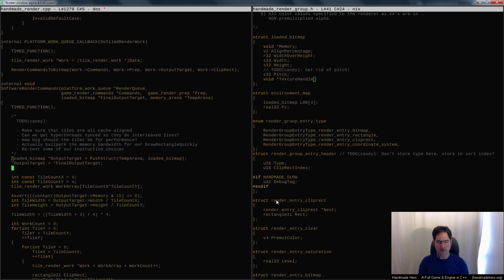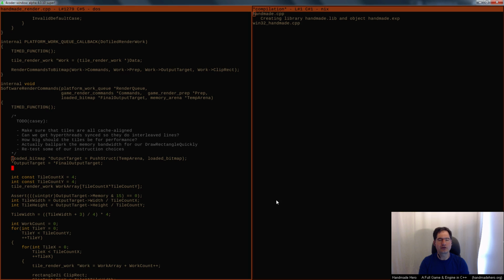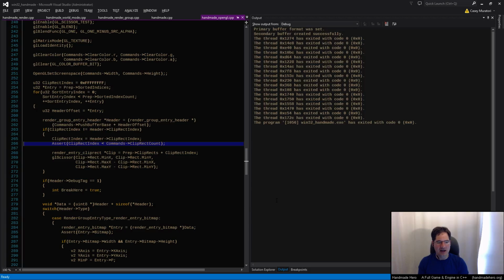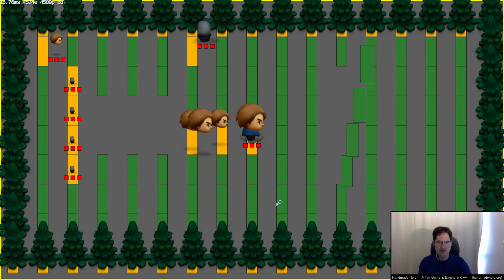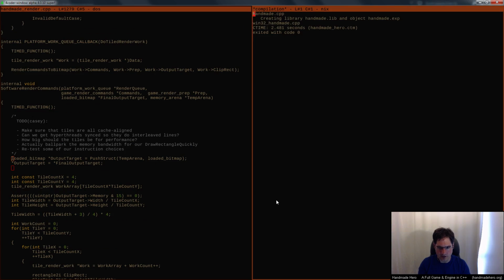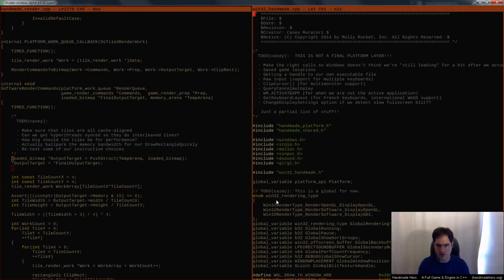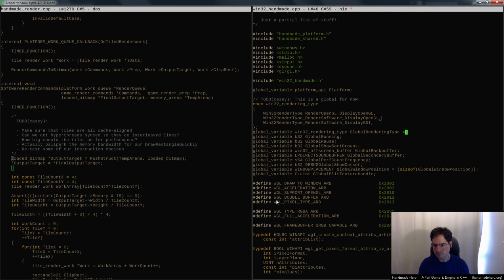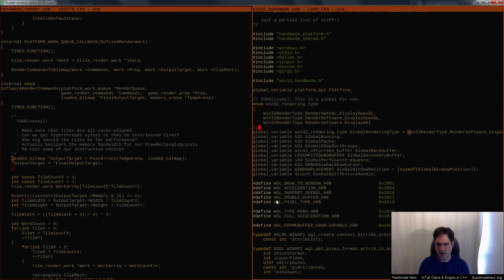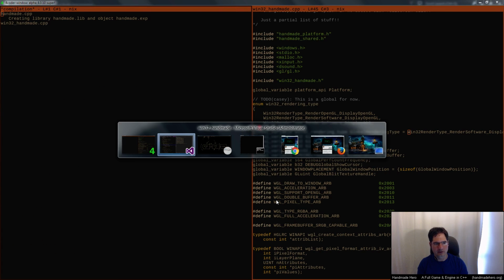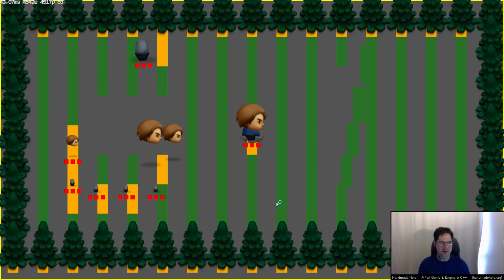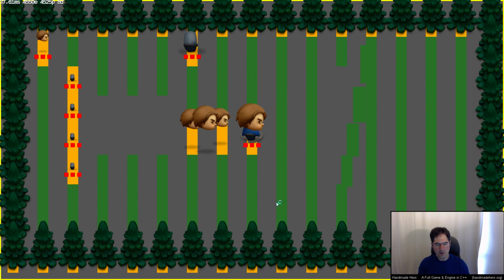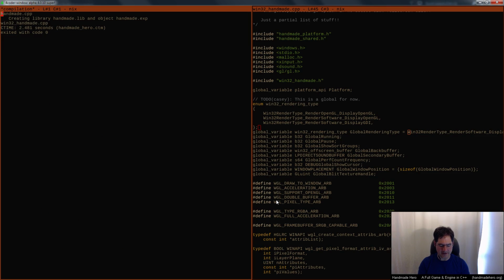But since there's two different, we don't want it to draw to the same memory, although, you know what, I could. Even if I leave the memory pointer the same, nothing would change, right? I'm just going to do the same exact drawing that I was. Of course, I want to set it to actually call that renderer, so I don't have to switch it every time. So let's go ahead and say Win32 rendering type equals Win32 display OpenGL, but render in software, so that now we'll be rendering through the software renderer at startup by default, and there we go. So it's just doing the exact same rendering, and it's using the exact same memory pointer, right?